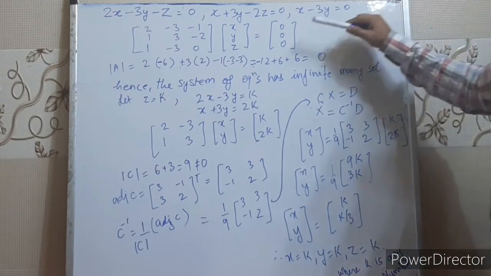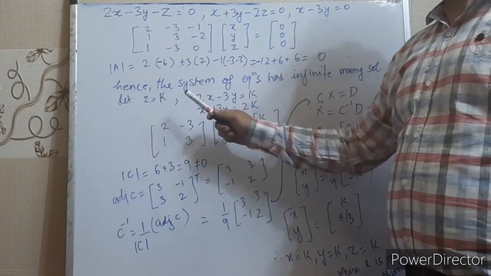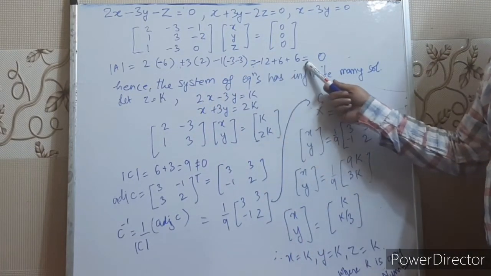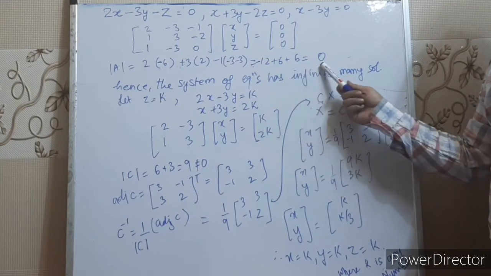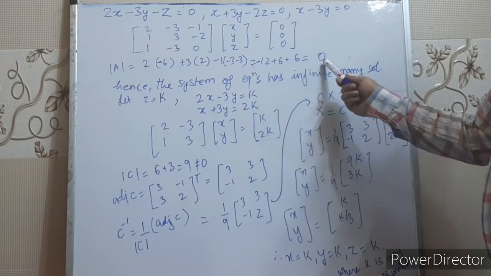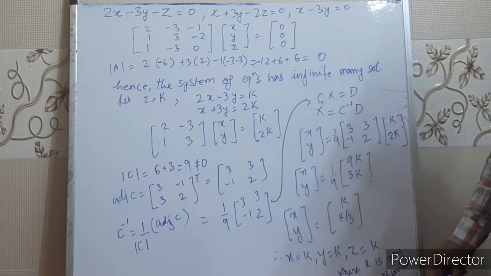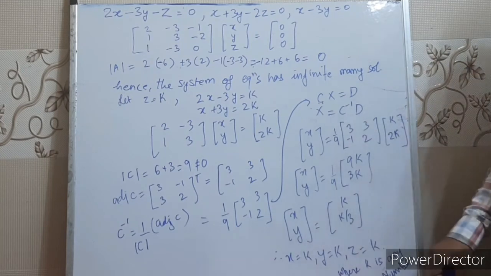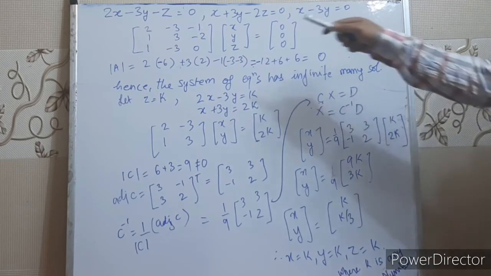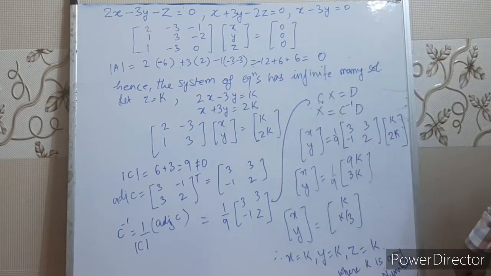So what we'll do, we'll calculate the value of determinant of A matrix. And when we expand this A matrix, this will be 0. The value of this A determinant will be 0. And when the value of A determinant is 0, then we can say that in a homogeneous system of equations, the system of equations is consistent and has infinitely many solutions. And when determinant of A is not equal to 0, the system of equations is consistent and has a trivial solution, right? X, Y, Z all zero.